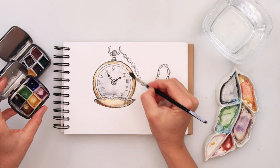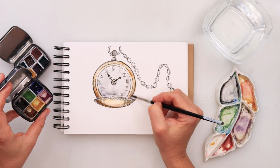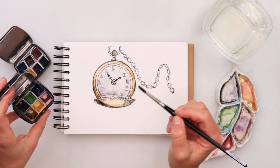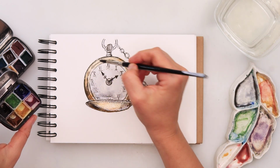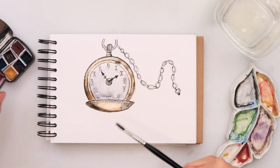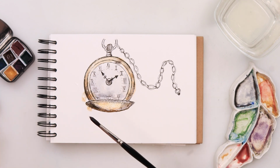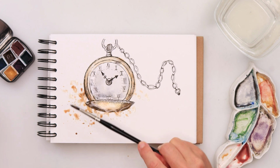So right now I've just used a little bit of the grayish to paint inside of the watch, and then some yellow to paint in the lid and also the sides of the watch, a little bit of coffee brown, and then at the end a little bit of black. And remember, this is an old watch, so its colors aren't the way they were before, so there is some,